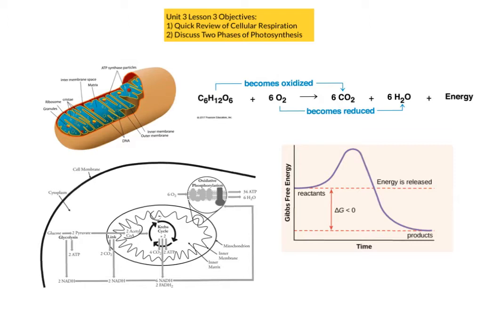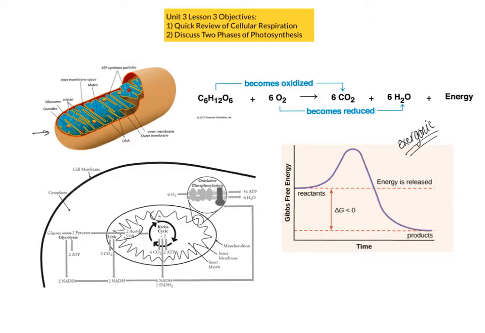So let's start with cell respiration, just like we did this morning. So what do we know about cell respiration? Well, we know that it occurs in the mitochondria, which is a membrane-bound organelle found in eukaryotic cells, both animal and plant cells. And it's got this structure that we see in this diagram where it's got an inner and an outer membrane. We know that cell respiration is an exergonic process,